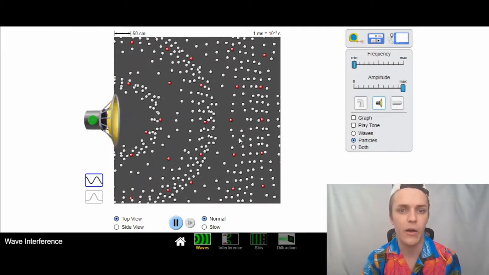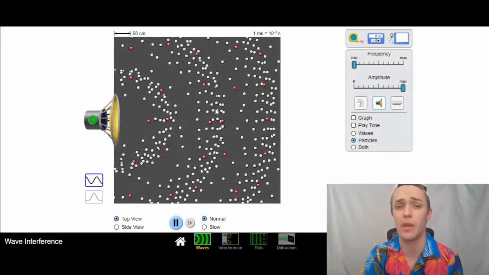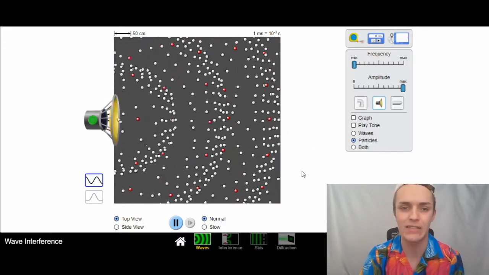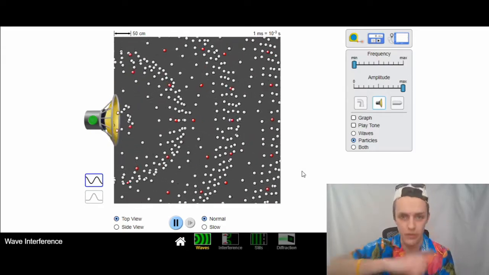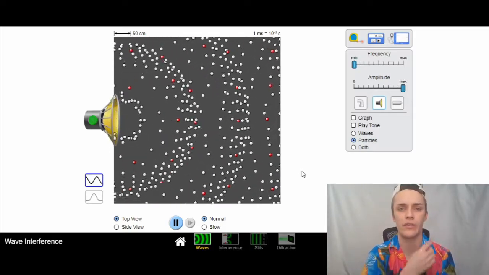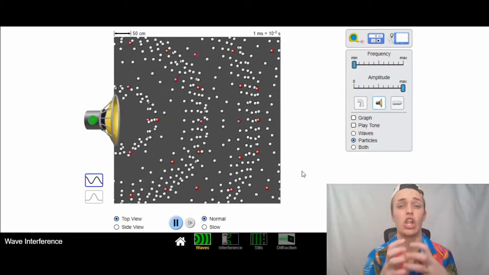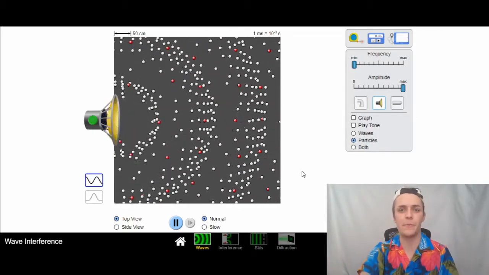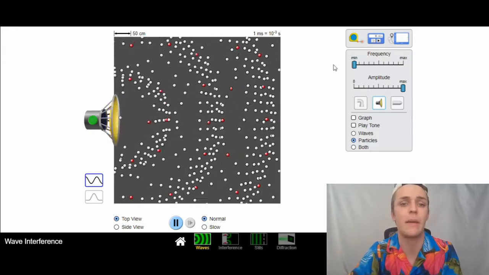So notice how the waves here look more clumped up, right? Those clumps are bigger, they're denser, and that's kind of what amplitude means for that, right? You're not increasing the height of the spring like I could with the slinky. What you're doing is you're making the clumps larger. So that's what happens when you touch the amplitude slider, but let's see what happens when I touch the frequency